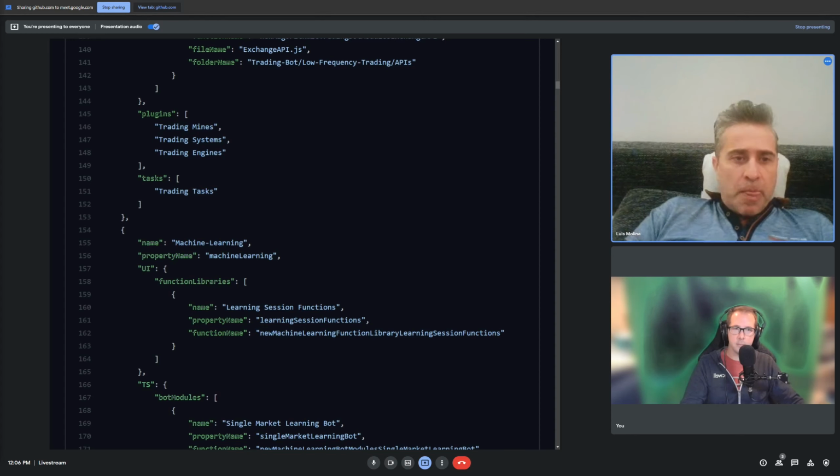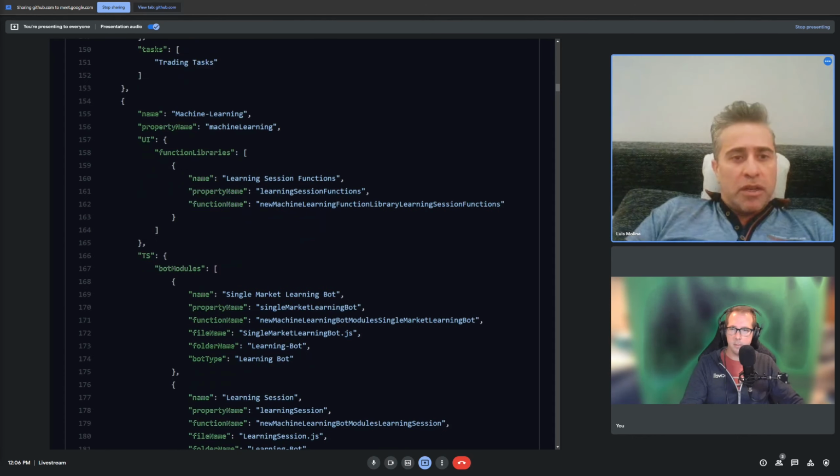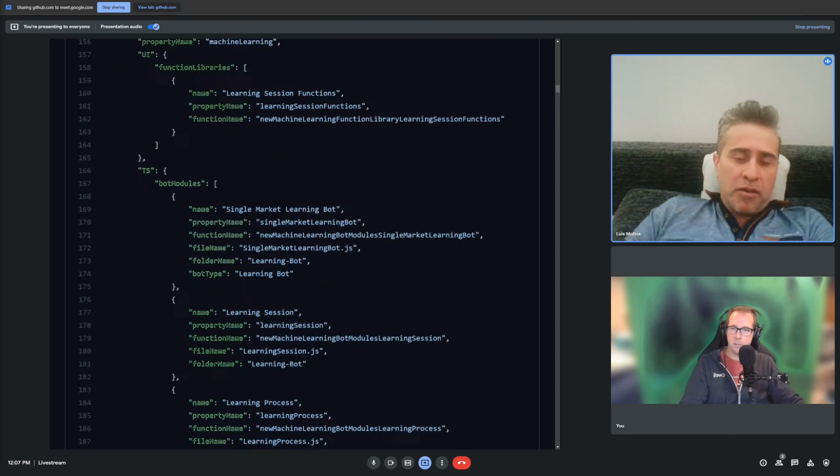Let's say, in this case, it says machine learning UI function libraries. So this module, learning session functions, will be loaded at the UI, essentially at the UI of the platform. Where it says TS, it means that it will be loaded at an application or component called transaction server. So there are a few abbreviations here: UI, TS, DK, meaning desktop,